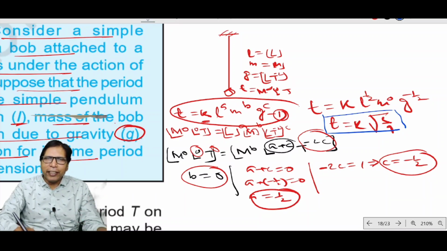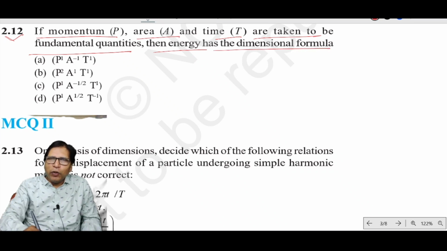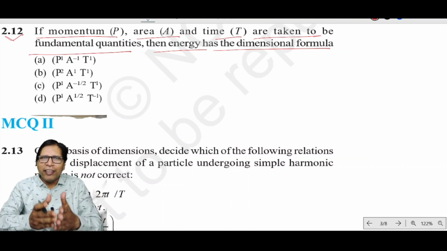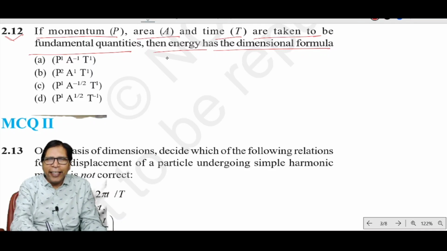Now look at this, an exemplar example 2.1. If momentum P, area A and time T are taken to be fundamental quantities, then the energy has a dimensional formula. Using the principle of dimensional homogeneity, we can calculate the dimensional formula of energy. Energy E has dimension